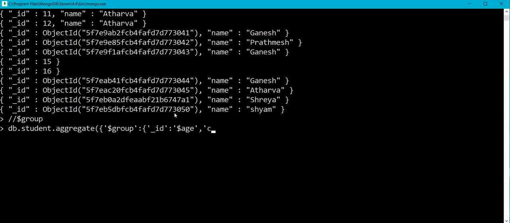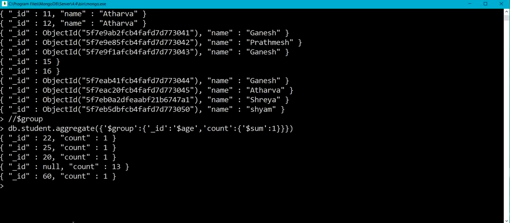So I'm going to take count as the number of occurrences. We'll have to use $sum over here, which will return the number of occurrences. Let me complete it with 3 curly brackets and a parenthesis.